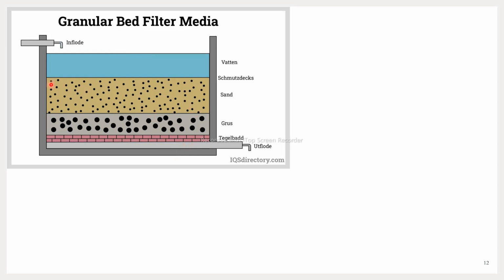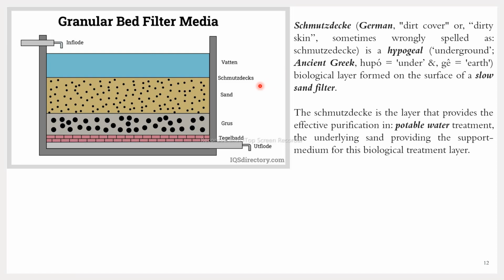Okay. So what is called filter ripening? If there are disjoint deposits, then the filter is not ripened. But if a continuous layer gets formed on the filter media, it is called the smooth deck. So if there is a formation of smooth deck and proper backwash is not given, then filter ripening occurs. Okay. So what is this smooth deck basically, which is the main cause for filter ripening?